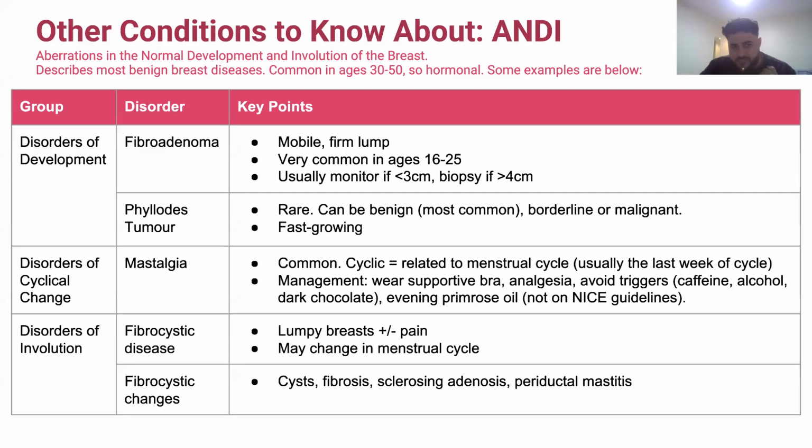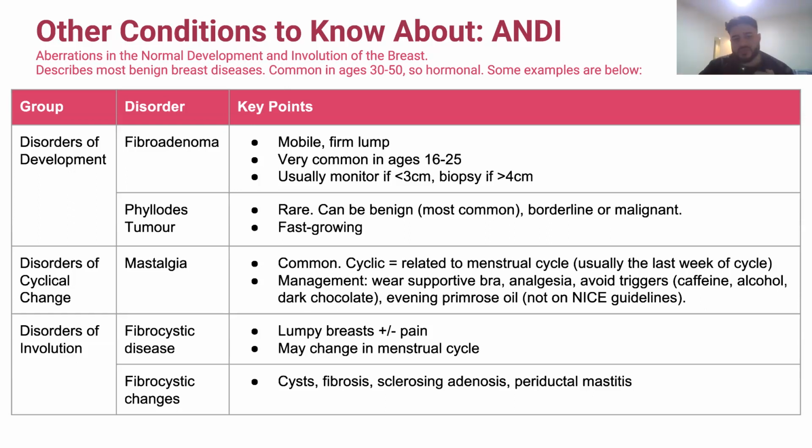It's rare. In terms of disorders of cyclical change, one that you may see in questions and also in clinic will be things like mastalgia. So this will present basically as a cyclical pain, and the pain will be related to the menstrual cycle. So be sure to clarify that in the history in terms of when the pain comes on, what it's exacerbated by. The patients will often report it'll be around their menstrual cycle. And the management for it is just lifestyle measures. So wearing a supportive bra, avoiding any triggers that the patient may identify, so caffeine or alcohol, and analgesia as needed.